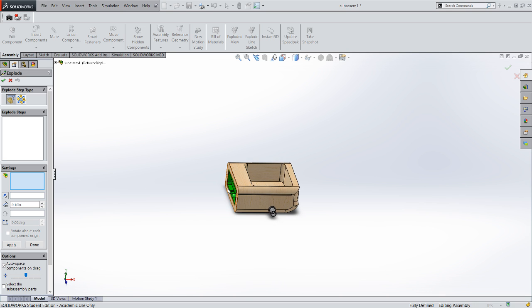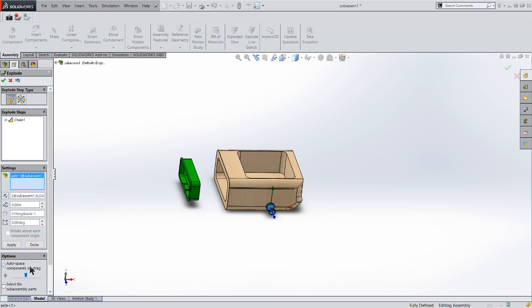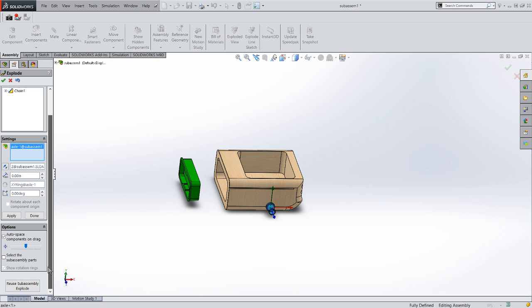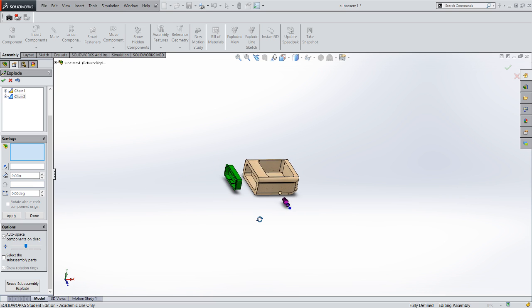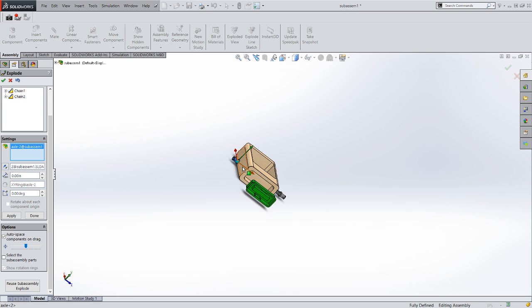So I'm going to first start with this one block plug in the front, and this is the same as when we did our cube. You'll see you get the triad, and this will move the component that's inserted, and it basically will dissolve the mates and allow you to move it. It'll let you move it in three dimensions, and I'm just pulling that one out. If I come down here and select Rotational Rings, I can get a few other things to show here. But I just roll my model to pick my axle out on the other side,